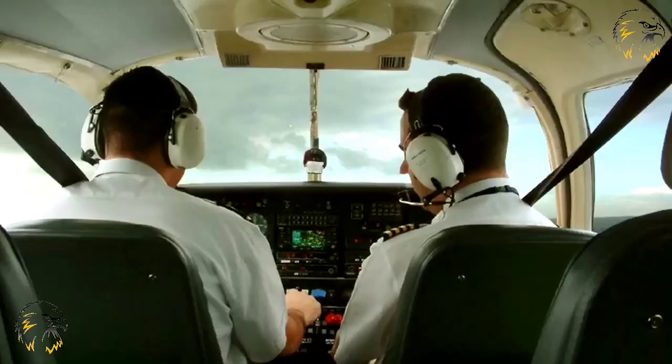In this section, we cover the privileges of the flight instructor rating. Until the holder of a flight instructor rating has completed at least 100 hours of flight instruction and, in addition, has supervised at least 25 student solo flights, the privileges of the rating are restricted. These restrictions will be removed from the rating when the above requirements have been met, and on the recommendation of